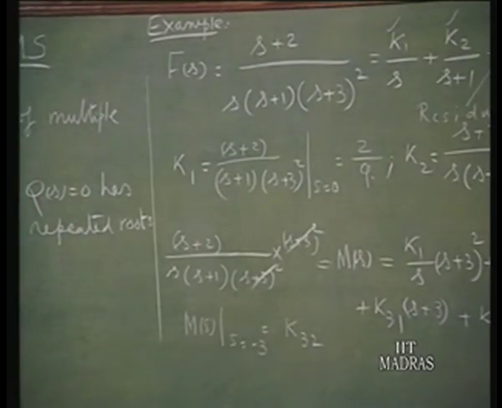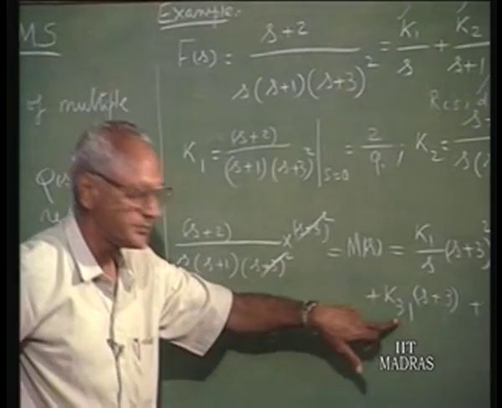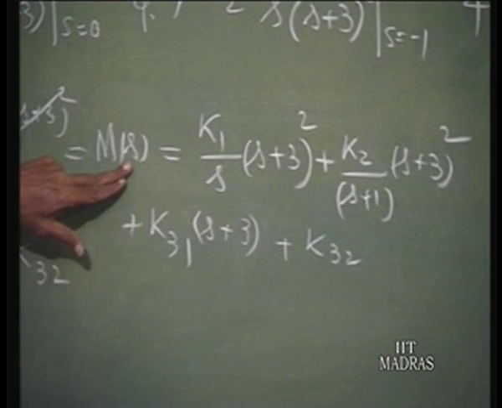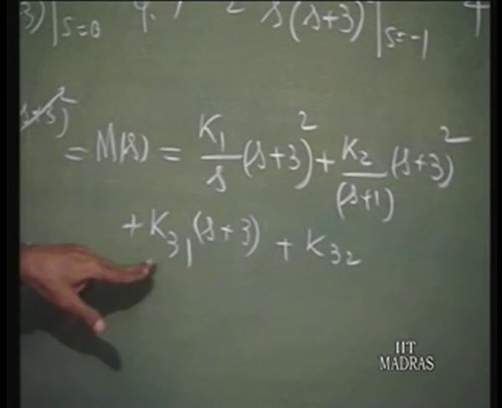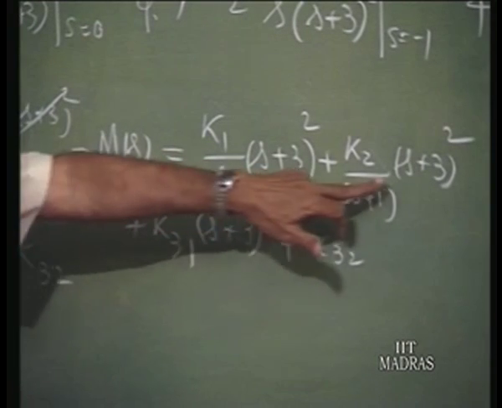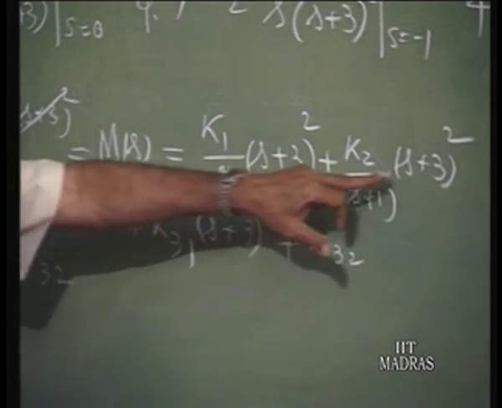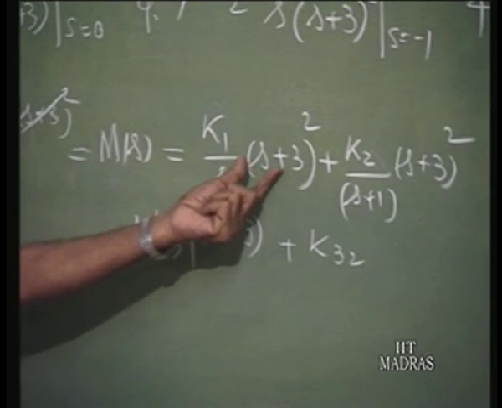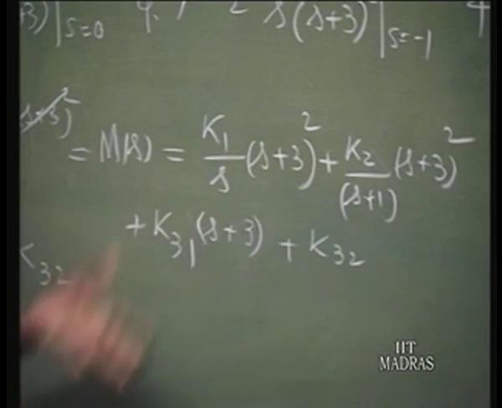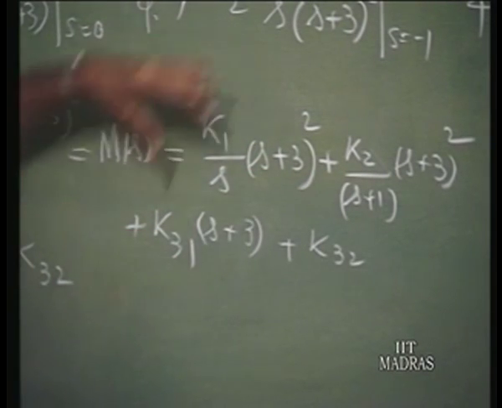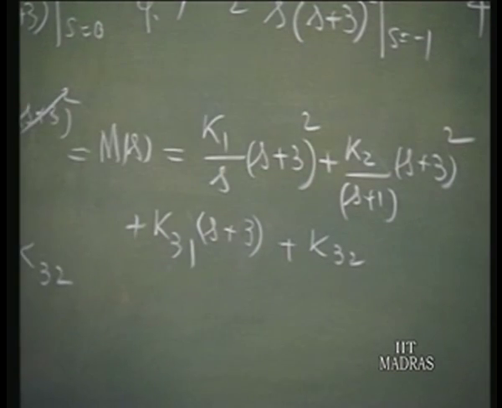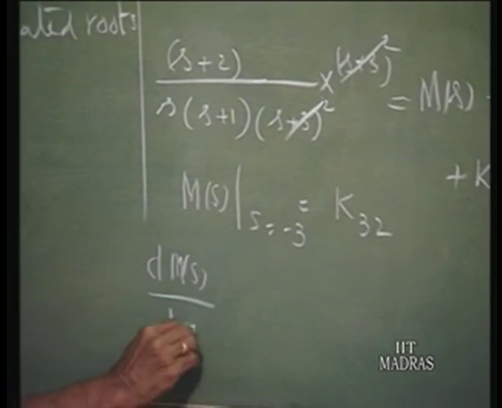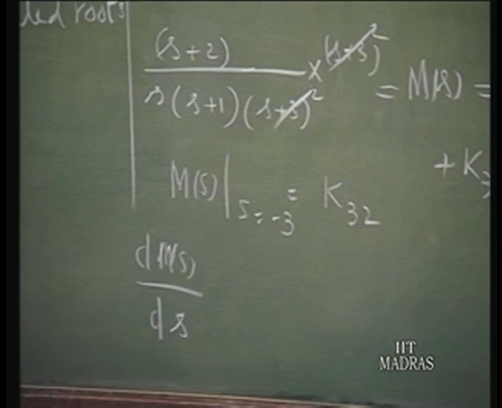The trick in this is, we have m of s equal to this. Now suppose you take the derivative of m of s with respect to s, then this term drops out, and this leaves you with k31. As far as the other terms are concerned, since (s plus 3) whole squared is a factor here, when you take the derivative of m of s with respect to s, (s plus 3) continues to be a factor because it is a quadratic factor. Once you take the derivative, (s plus 3) continues to be a factor in both these terms. Therefore we take dm/ds, the derivative of m of s with respect to s,